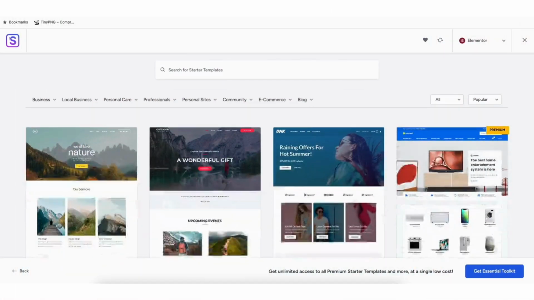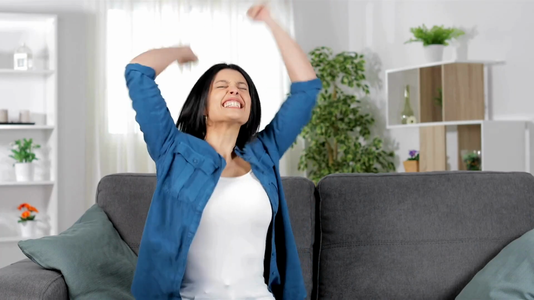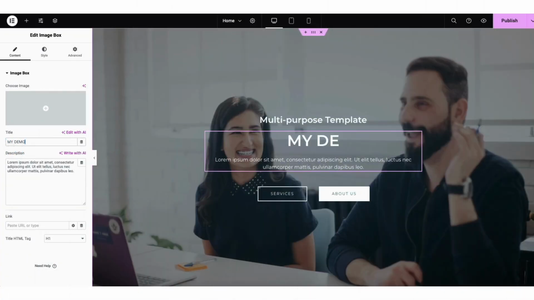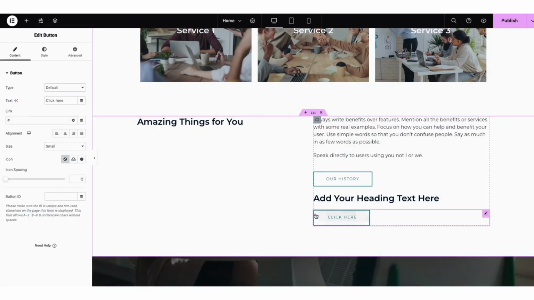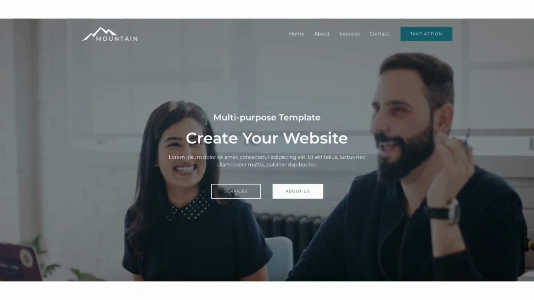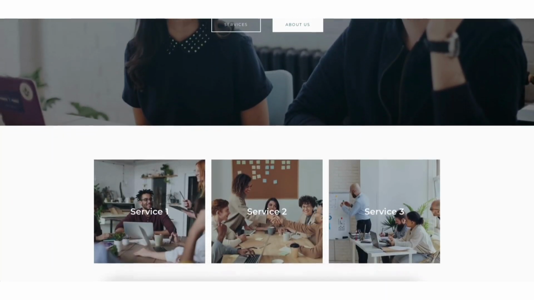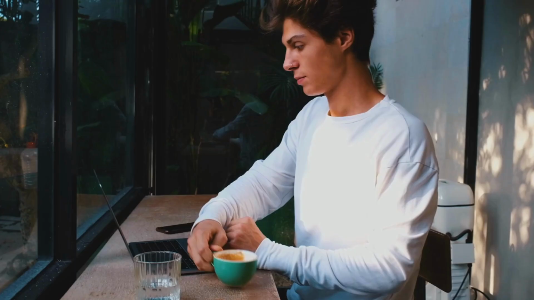I'll be showing you how to access professional pre-made WordPress website templates to make creating a WordPress website or WordPress blog an easy process. I'll also be going over how to make a WordPress website using one of the most popular drag and drop editors, Elementor Page Builder, so you can create a professional looking WordPress website via drag and drop. The great thing about this WordPress tutorial for beginners video is it is extremely easy to follow along with, even if you have no experience in starting and creating a WordPress website. At the end of this video, you will have your WordPress website or WordPress blog successfully created.